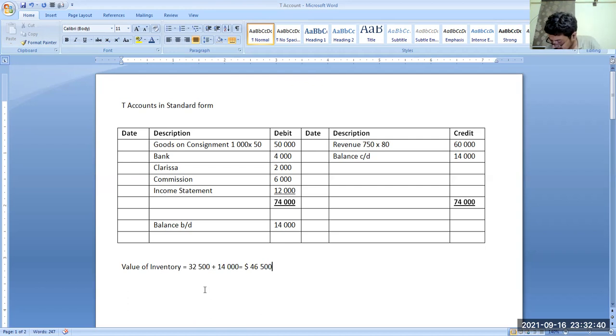Okay, what's next? Explain the difference between an agent in a consignment and a party in a joint venture. An agent in a consignment will not hold the title of the goods. First thing, he is only entitled to commission. He has to work under the instructions of the principal because he is an agent. But in a joint venture, achha, we are not going to share profit with the agent. He will get only commission. But in a joint venture, we have to share profits. They are part of decision making. They are like partners with us. So joint venture is different from consignment account.